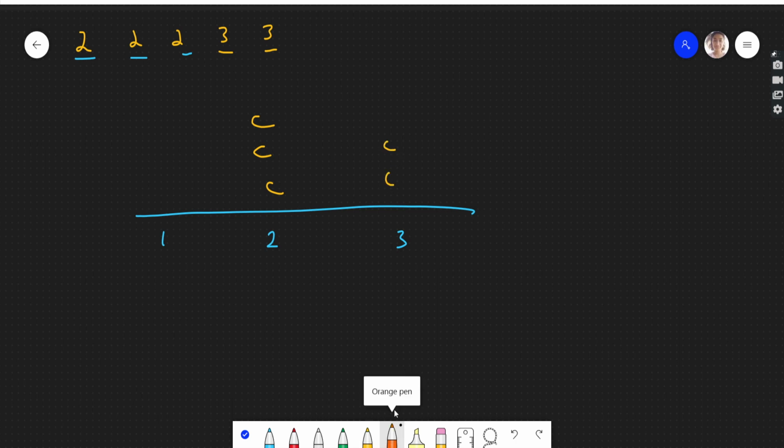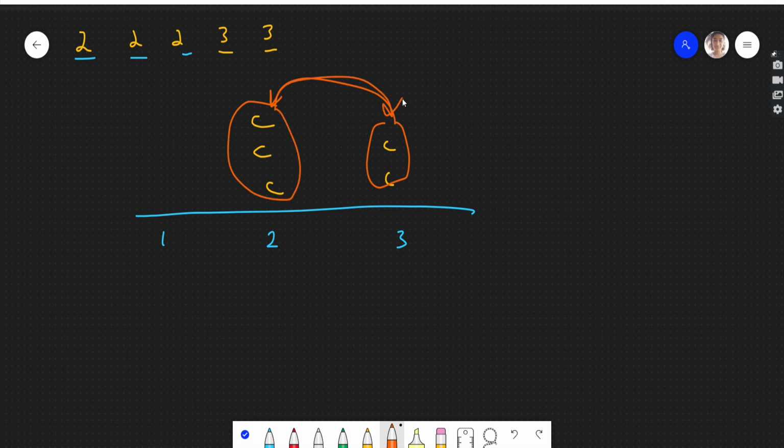Now our task is to move all these chips to one position only. Either these two should come here or these three should come here, right? So we need to tell the minimum cost. Now how is cost defined?